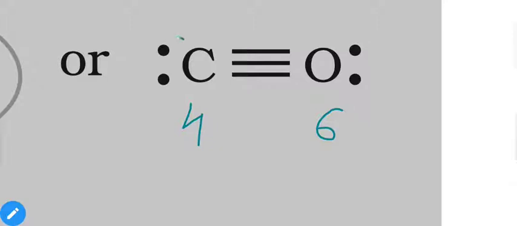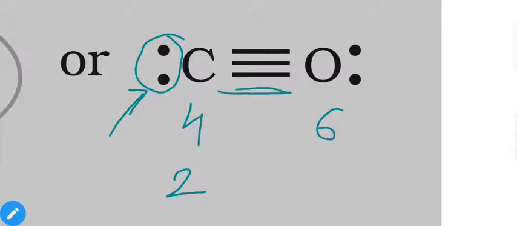So as we can see, 1 electron pair is still left in carbon. Okay, so we have a total of 4 electrons, and out of 4, 2 are still present inside the carbon. So how many electrons are used? Only 2 electrons of carbon are being used in this bond formation.